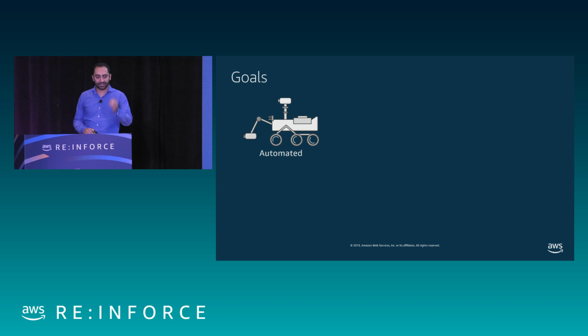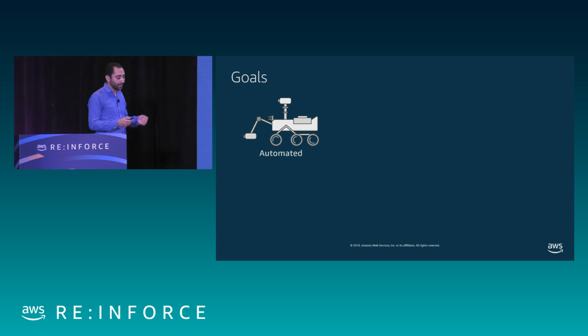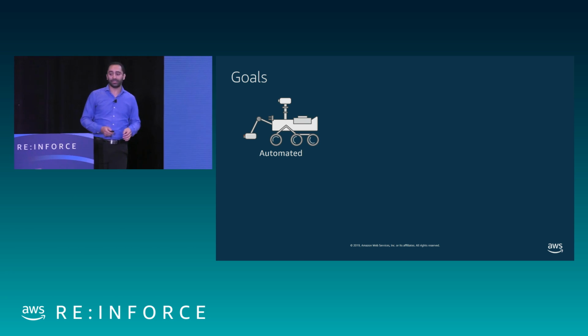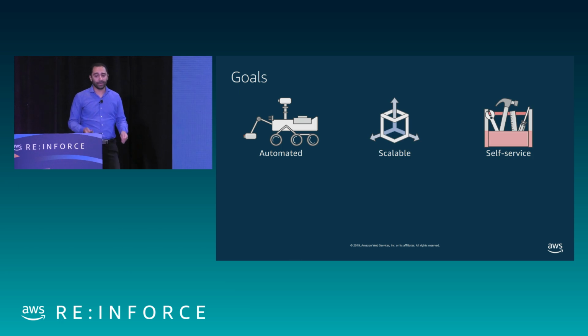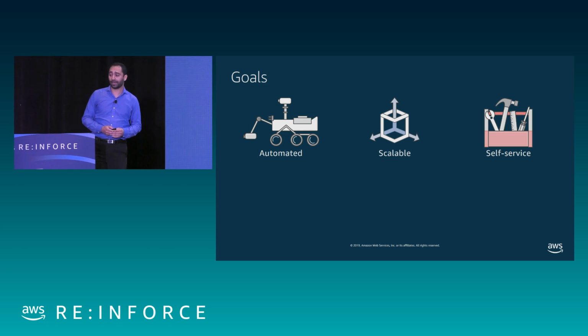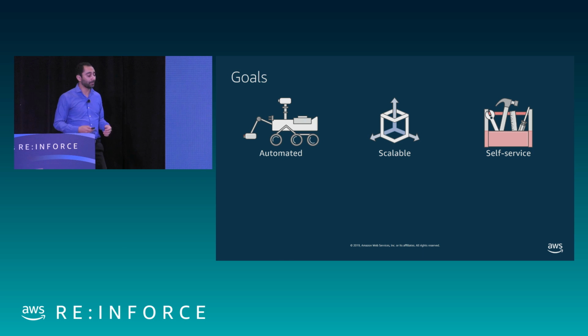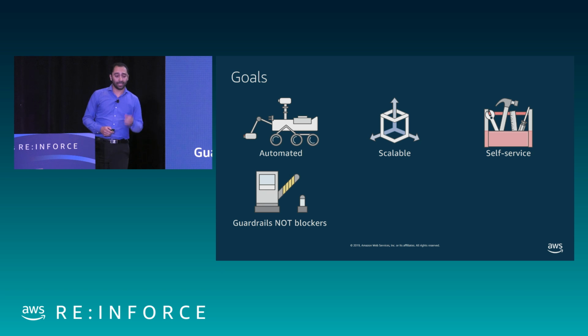But to achieve this at scale, we need to start thinking of ways to make sure that this is automated. How can I get every team that wants to be able to build something new, or every developer, to have an environment that they can just get started in? How do I make sure that they can go at any time and have it be able to scale? How do I go from days or hours to minutes to somebody gets spun up and being ready? And to do that, we want it to be self-service. Think of guardrails, not blockers.